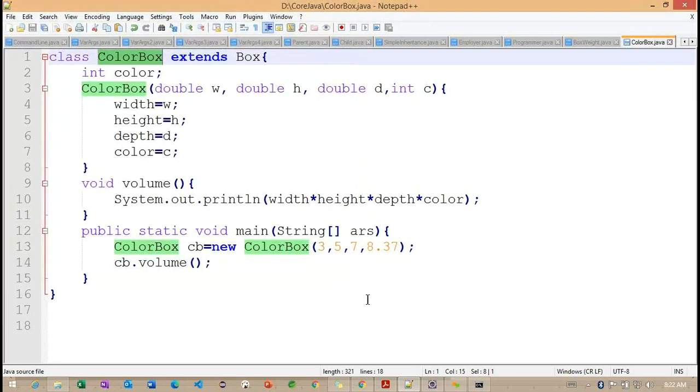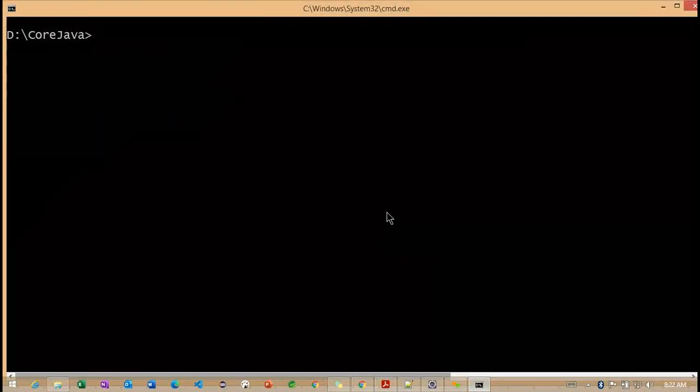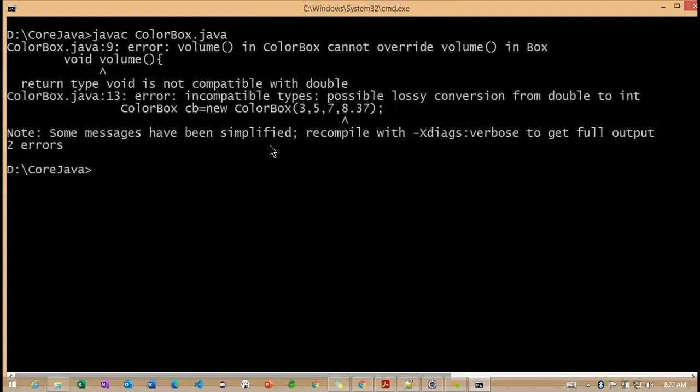This is all about the color box here. Let me compile this: javac colorbox.java.